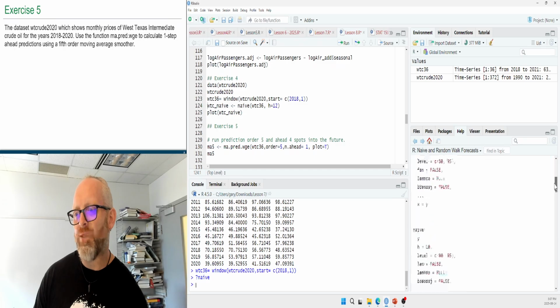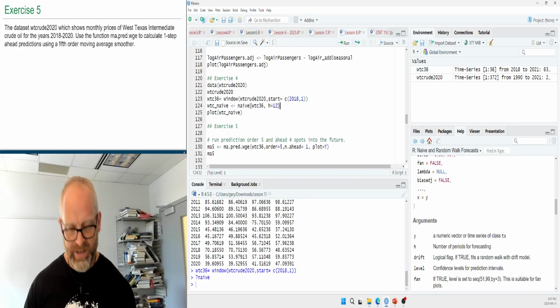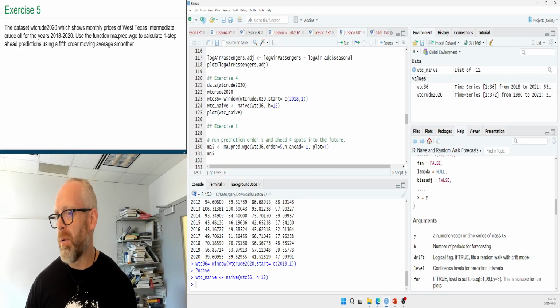So what does H represent in this case? H represents the number of periods for forecasting. So let's suppose I'm going to go a full year into the future. So I'm setting H equals 12. If I do this and we plot the data here,